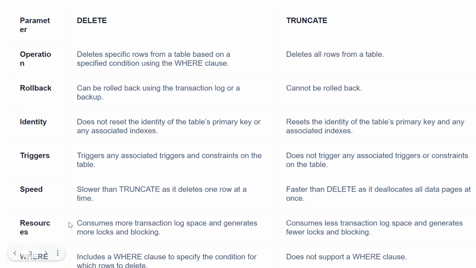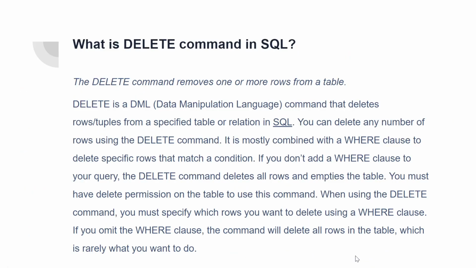Then resources. Delete में क्या है, consumes more transaction log space and generates more logs and blocking. वेयर एज इन ट्रंकेट कंज्यूम लेस ट्रांजेक्शन लॉग, क्योंकि इसमें लॉक्स होते ही नहीं है, कुछ भी बैकअप नहीं होता, एंड स्पेस कम होगी, जनरेट फ्यूअर लॉक्स एंड ब्लॉकिंग। ओके, सो डिलीट में हम वेयर क्लोज को यूज़ करते हैं फॉर द स्पेसिफिक कंडीशन के लिए कि कहाँ कौन सी रो आप डिलीट करना चाहते हो, वेयर एज इन ट्रंकेट डज नॉट सपोर्ट द वेयर क्लोज। सो दैट्स ऑल अबाउट टुडे।